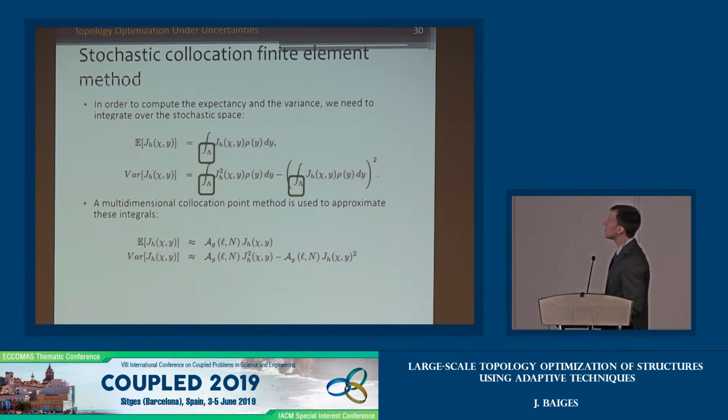So another ingredient that we still lack is a methodology in order to integrate over the stochastic domain. So we will need to use a quadrature rule in the probabilistic space, because in order to compute the expectancy, we will need, for instance, to integrate the compliance over the probabilistic space, and a similar thing will need to be done with the variance. And in order to do this, we are going to work with a multidimensional collocation point method, which is used